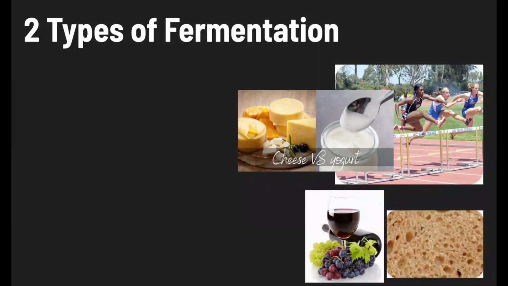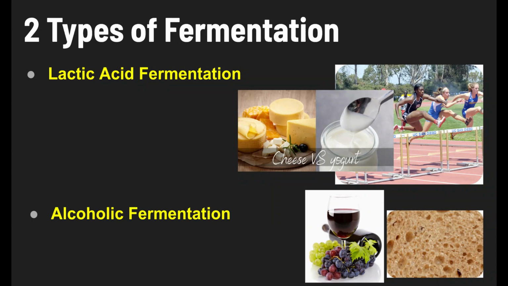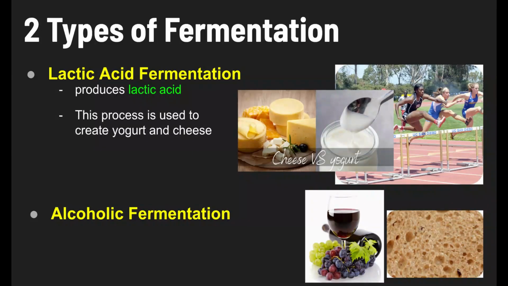Now, there are 2 different types of fermentation. The first is called lactic acid fermentation, and the second is called alcoholic fermentation. During lactic acid fermentation, the cell produces ATP, but it also produces lactic acid. And this is actually the process